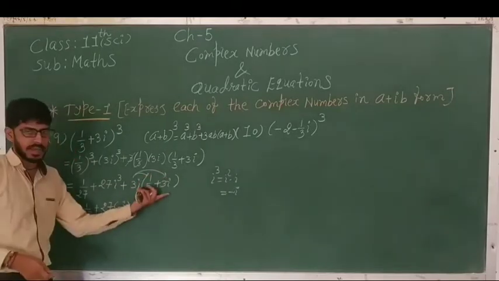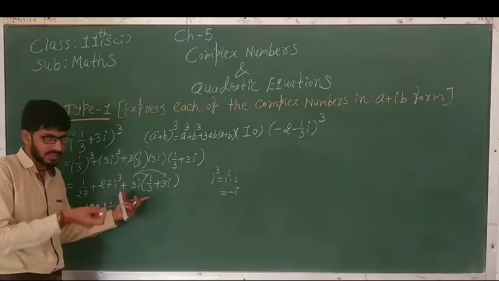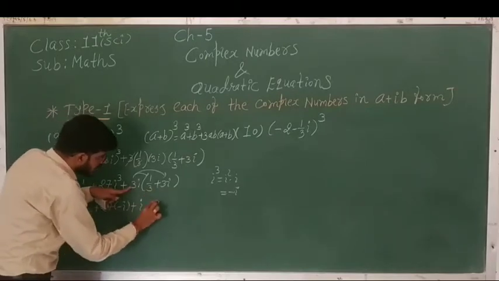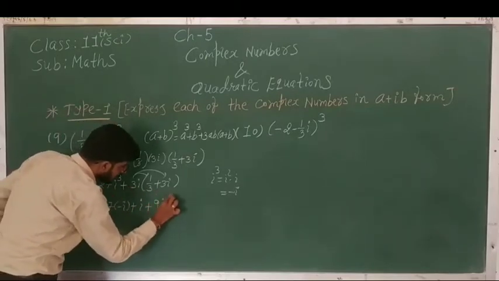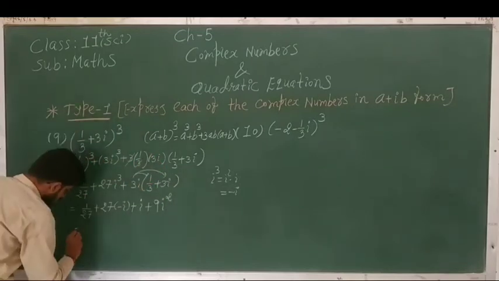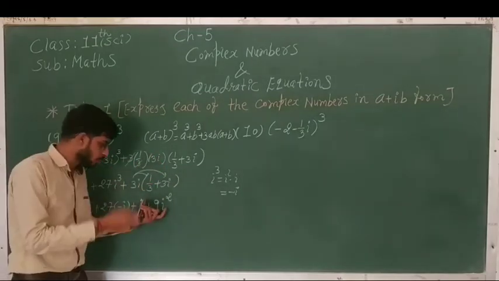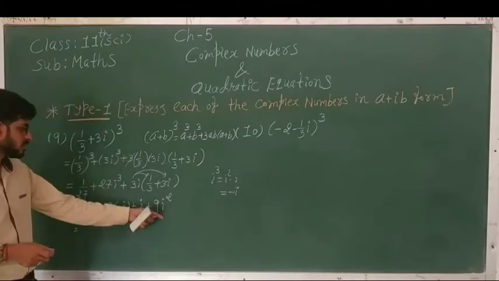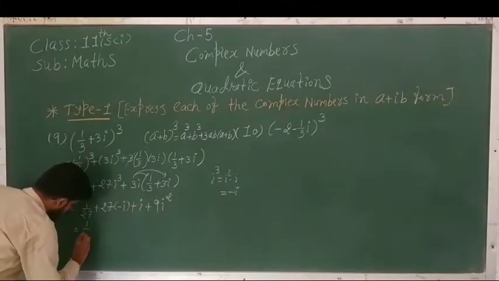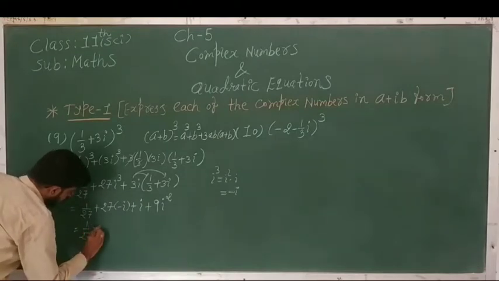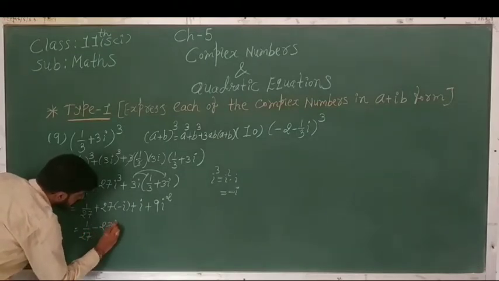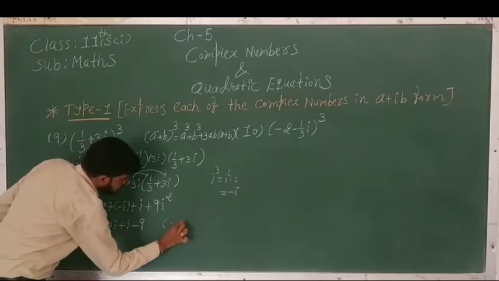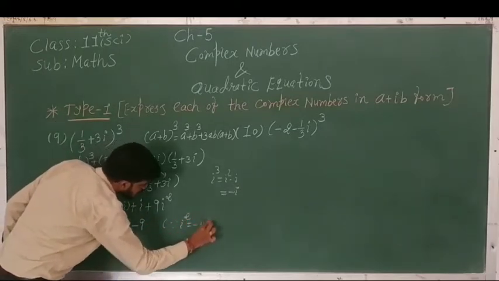Okay, in this bracket, 3i upon 3, so the 3s cancel out, so it gives i. Plus 3 nines are 9, i into i. Again I will repeat, we have to put the value of i square, don't put the value of i. So the value of i square is minus 1, so 1 by 27 minus 27i plus i minus 9, because i square is equal to minus 1.